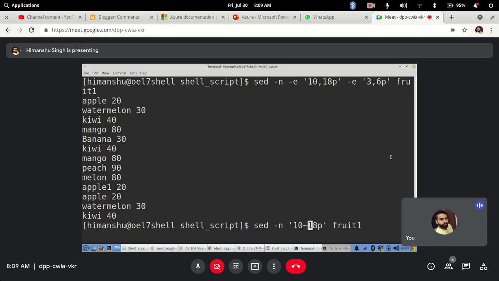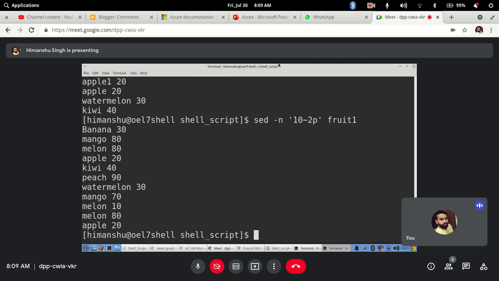So this is going to show you the first number 10 is your starting line, and the second number, let's say I will say after every 2 lines. So after every 2 lines it will go ahead and see the next line. Let's say enter.